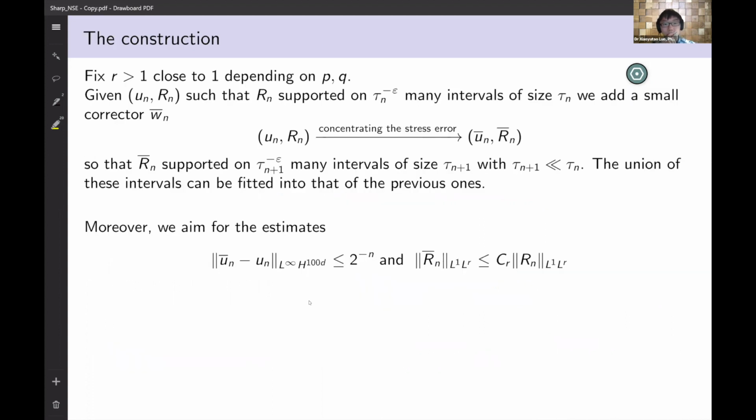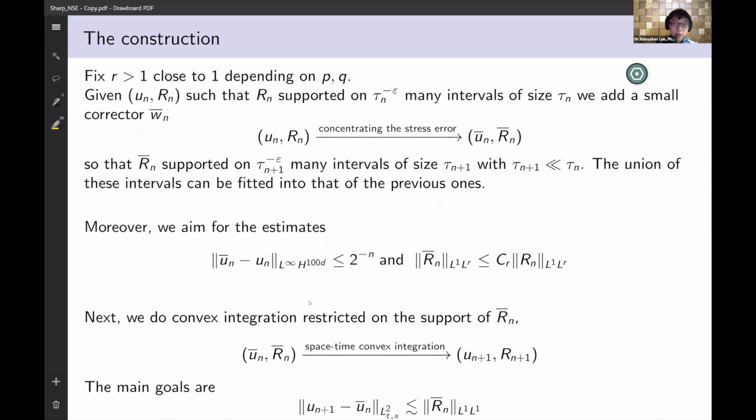So the first step goes like this. You give me un, rn, and then I'll split out un bar and rn bar, so that un is very close to un bar, but rn bar is supported on smaller intervals than rn. And then the union of my new smaller intervals can be fitted into that of the previous one, right? So the union for Rn,